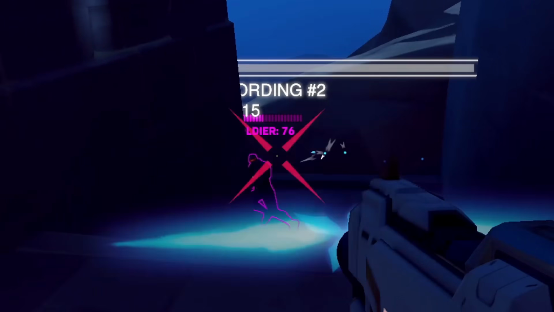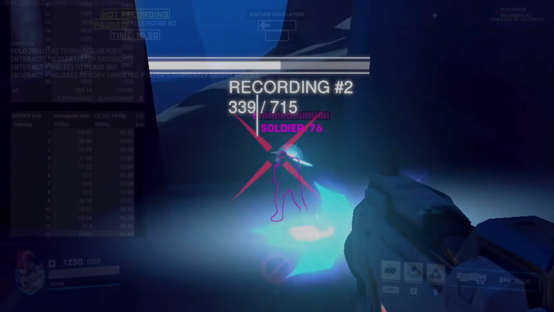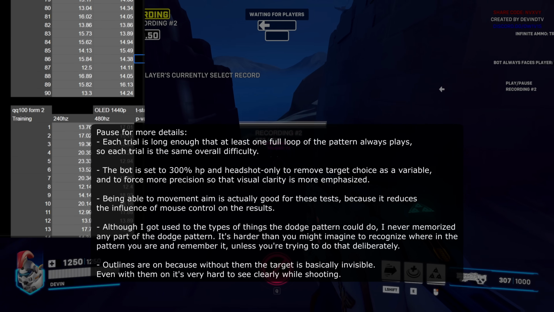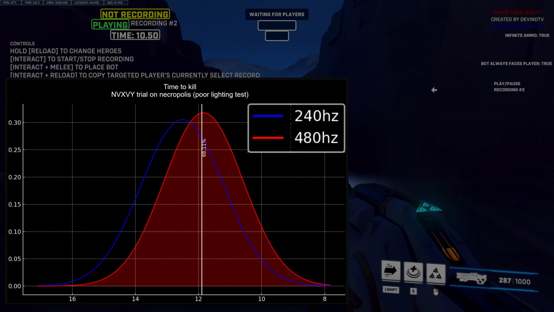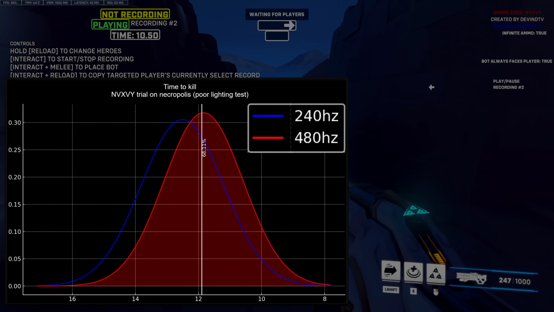My time to kill is then recorded. Because this was a new scenario and learning effects could distort the data, I first played it 100 times just to learn the scenario, before running it another 100 times for the actual test. In the end, my average score on 480Hz was significantly better than it was on 240Hz, but not to a